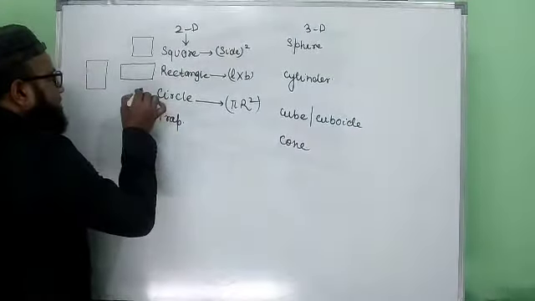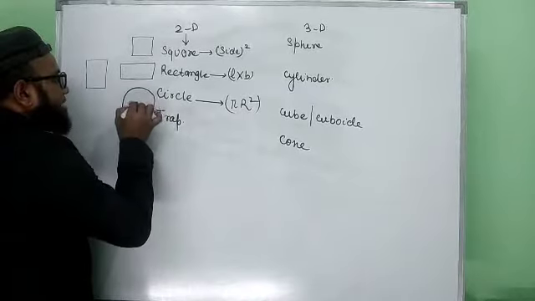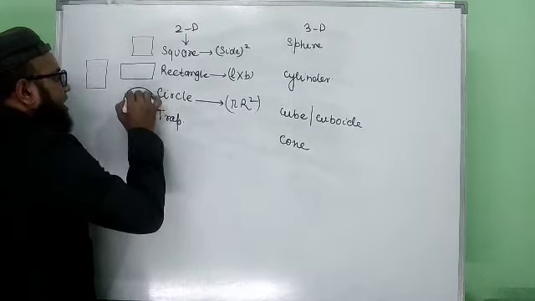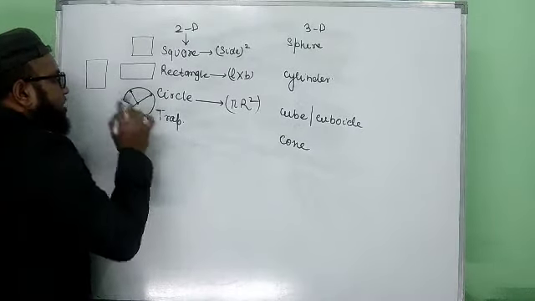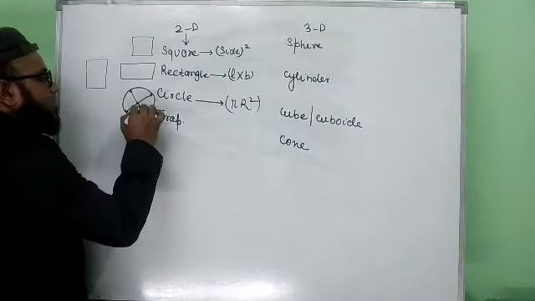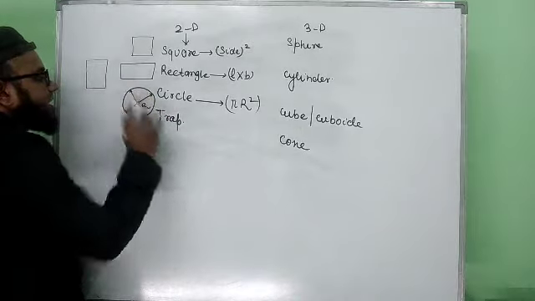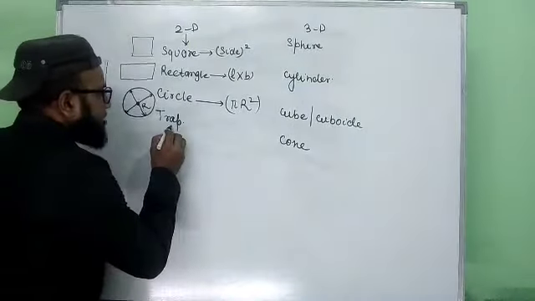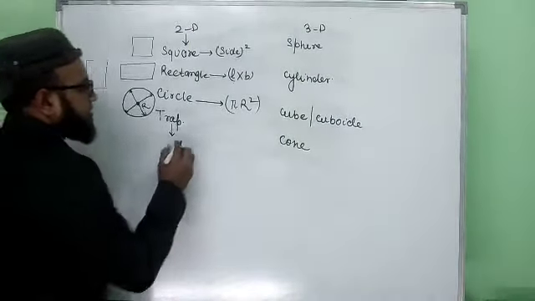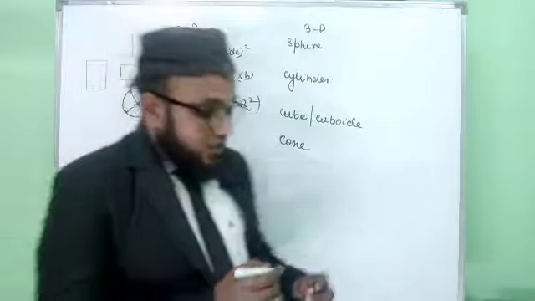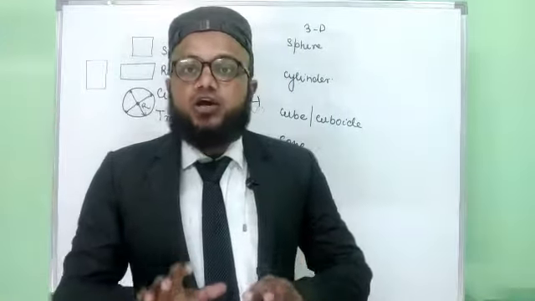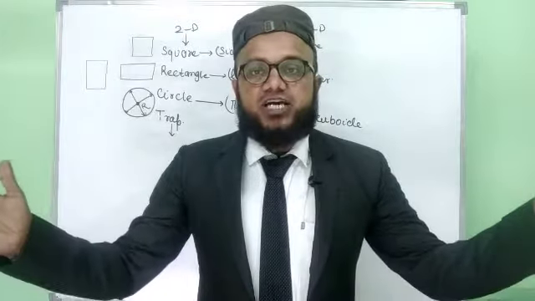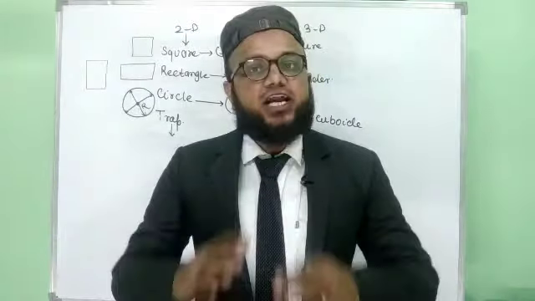In a circle, there is a point from which the distance to every point on the circle is equal; that distance is called the radius r, and this point is called the center of the circle. For finding the area of a trapezium, we have to identify it when the question is based directly on the trapezium. We use the formula half into sum of parallel sides into height.